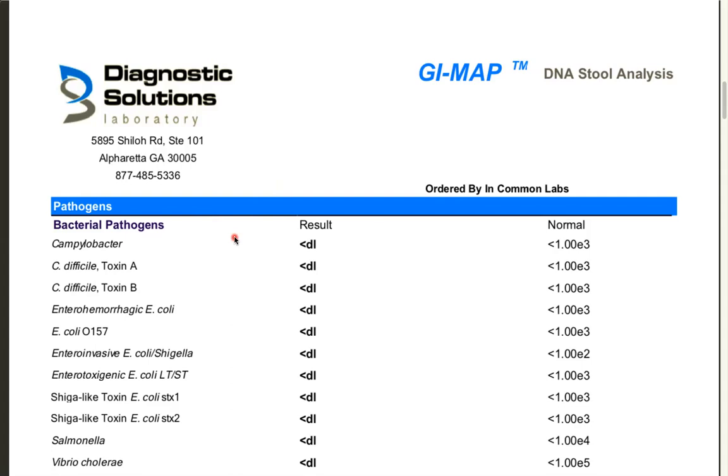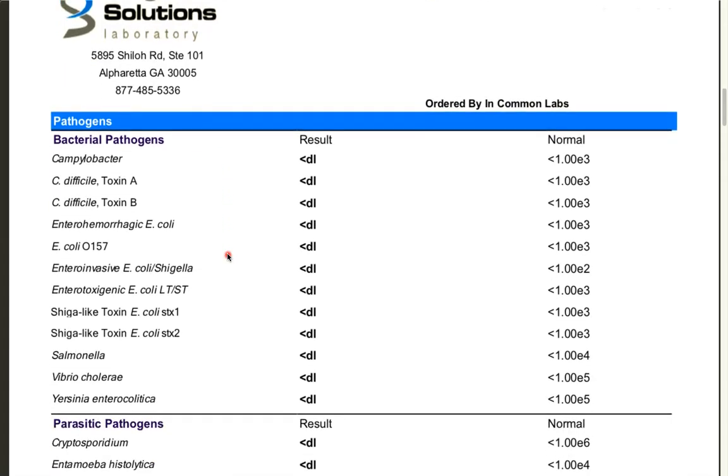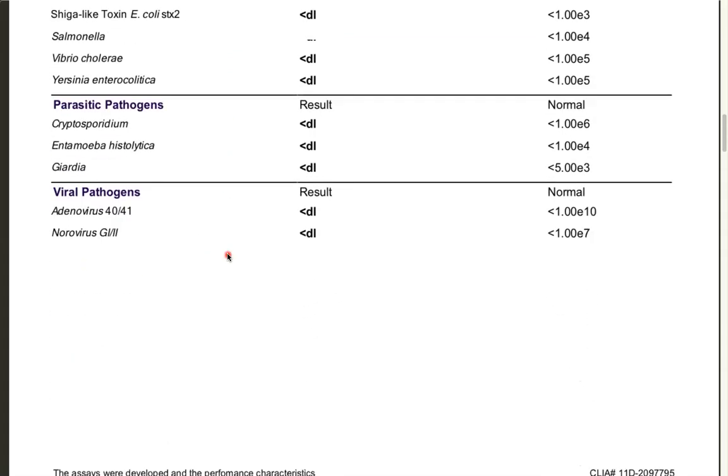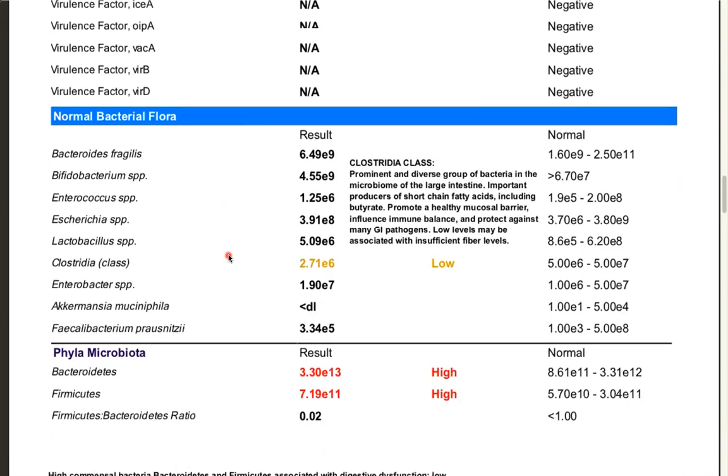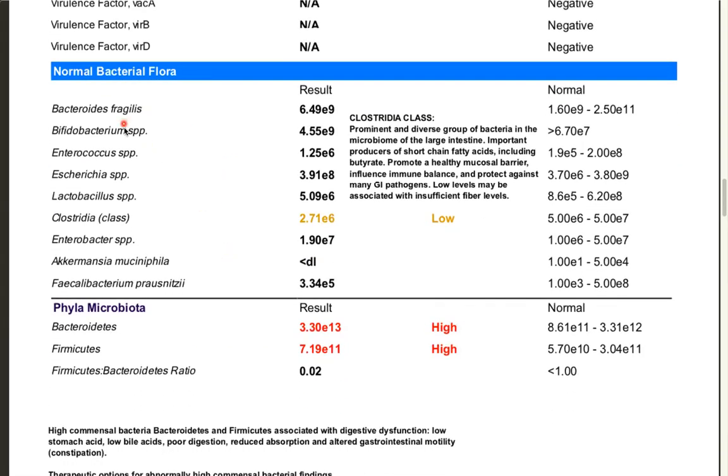And so, I wanted to just go through how I interpret this result and relate it to an acne case specifically. Let's start. There's about 5 pages of results. And what I usually do first is I look at the microbiome by looking at the normal bacterial flora. So our normal bacteria that lives inside us is responsible for extracting our nutrients and vitamins from our food. They're important in maintaining our gut barrier function and making sure